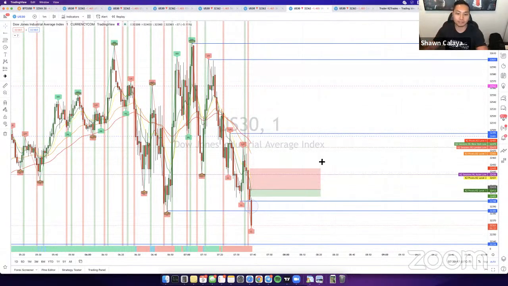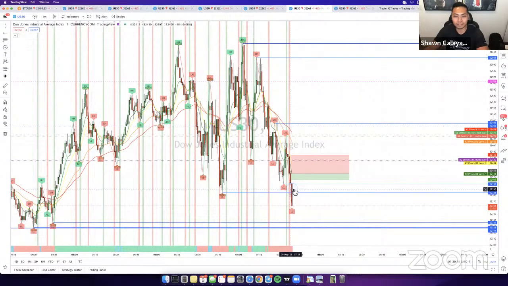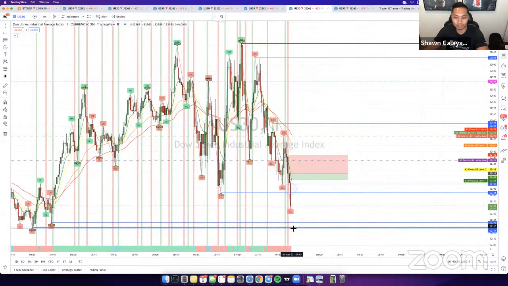I still get FOMO, just like you guys. I FOMO'd into it and then I got scared, so I pulled out and I could have made the full profit here. But here's the thing: I wanted to catch it as it was going down right here, and I wanted to catch it until it dropped down here because we have another area of liquidity. But it did hit liquidity right here. If you guys are familiar with liquidity, you know exactly what I'm talking about, how we apply it at K2.